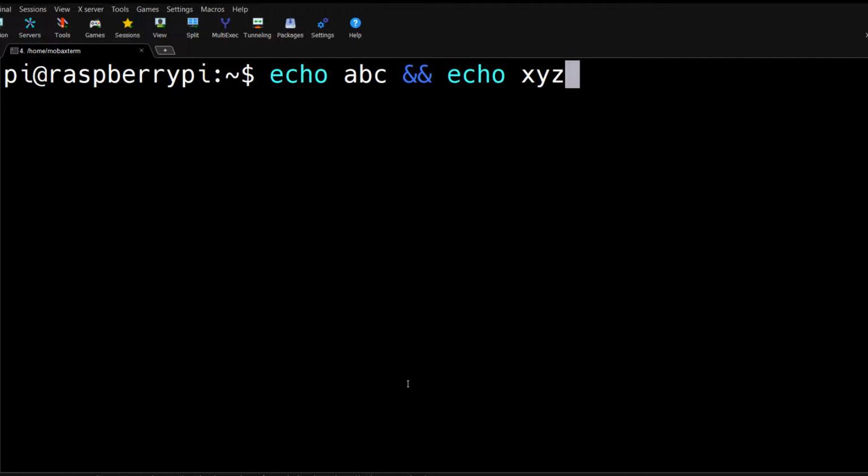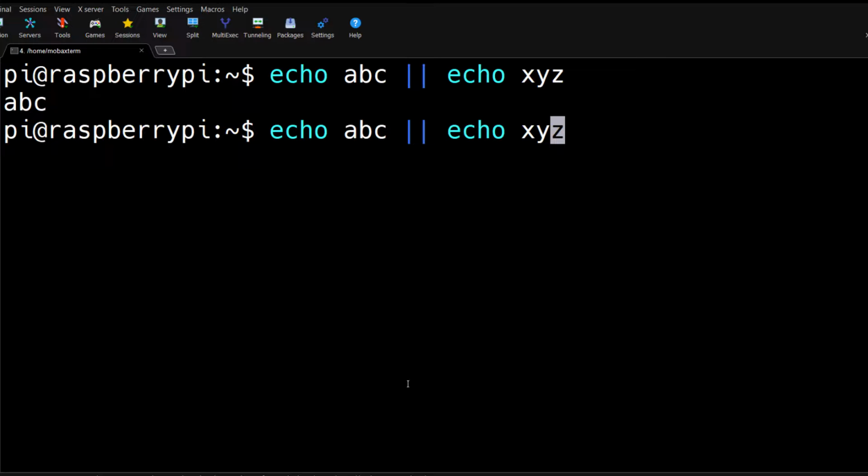Similarly, we can even have logical OR. So we have to use the pipe symbol twice. Now this means that if the first command is executed successfully, then there is no need to execute the subsequent command. So if I hit enter now, it will only print ABC.